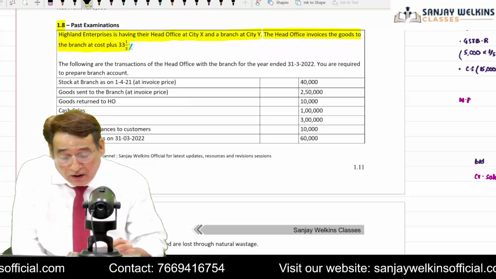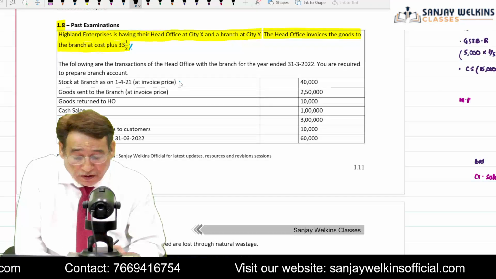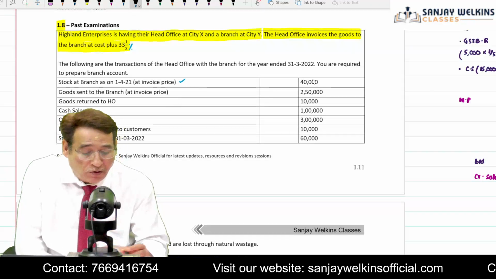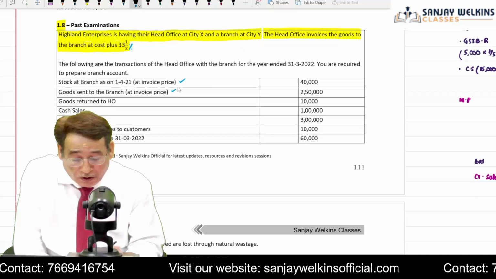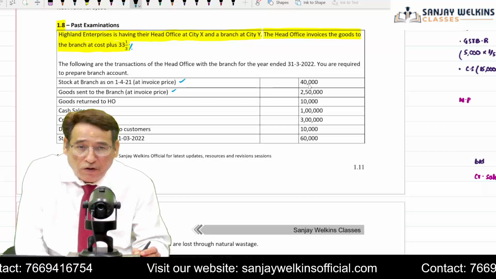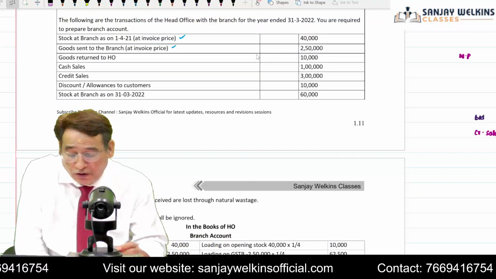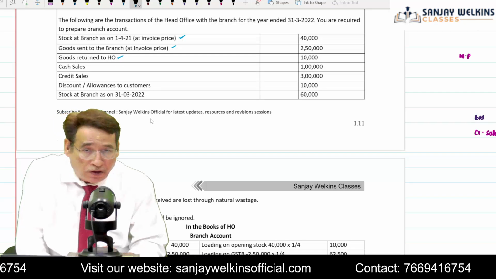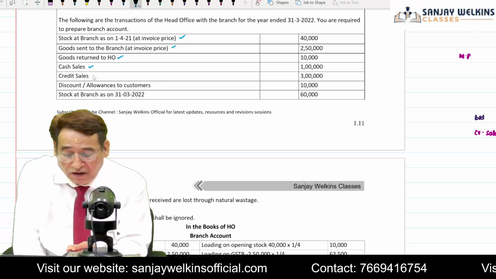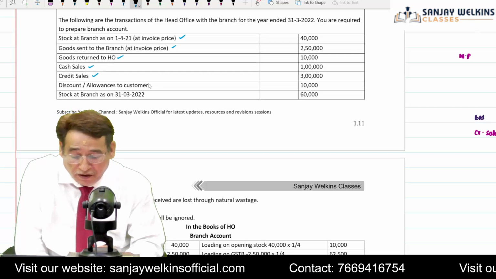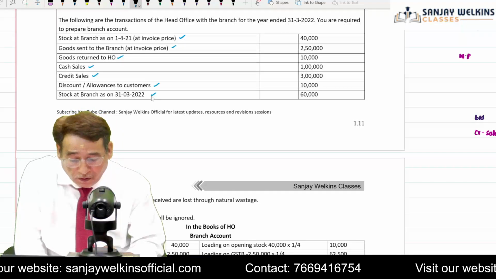Now, as far as information is concerned in this particular question, what we come across is that stock is at invoice price. I need not tell you, you are going to put it on the debit side, and of course the loading will be put on the credit side. Goods sent to branch at invoice price is given. First of all, you are going to put it on the debit side of the branch account, and of course you will have to pluck out the loaded portion on the opposite side. And even in case of goods return, first of all, you are going to put it on the credit side, then loading on the debit side, then cash sales under remittances, credit sales you will write under debtors, discount allowances to customer will be put on the credit side of the debtors account,